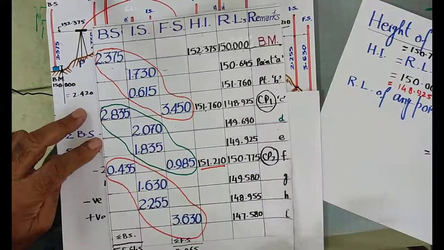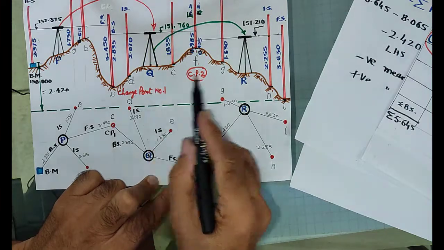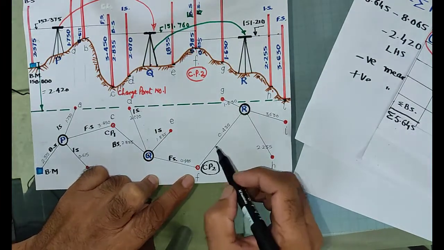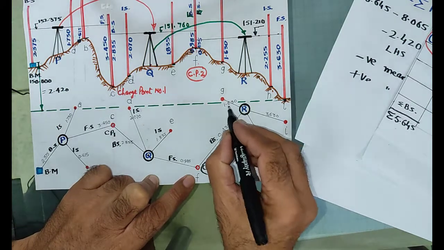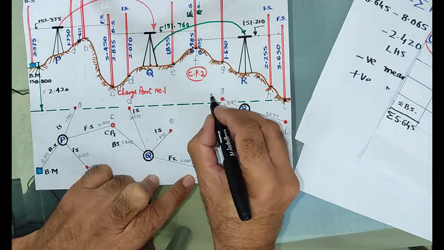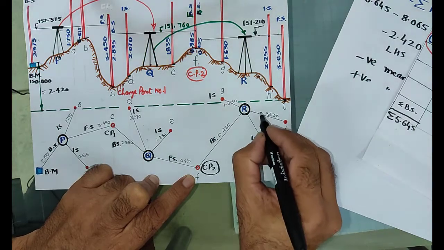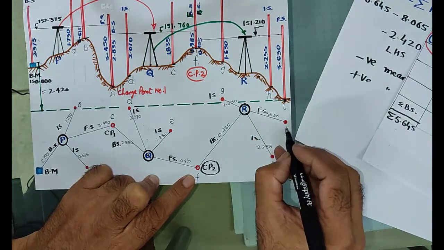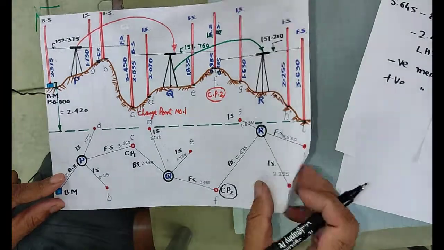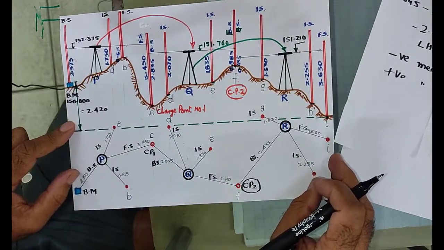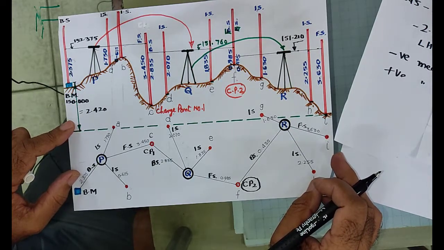Then for more easiness you can again see, now you shifted the instrument from Q to R. At R you have taken over here the backsight. This is your backsight, first reading on point F. Then you have taken the intermediate sight on G. You have taken on H again, this is your intermediate sight, and this is your last reading of the setting. So this is the way to understand. I have done this because you people are sitting at home, so for your easiness to understand how we can take the field records and calculate the reduced level.